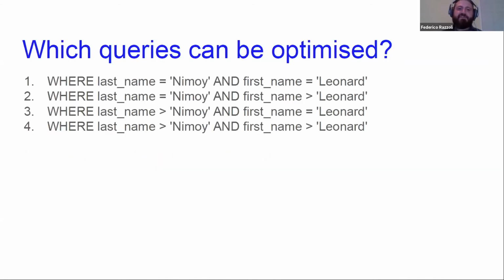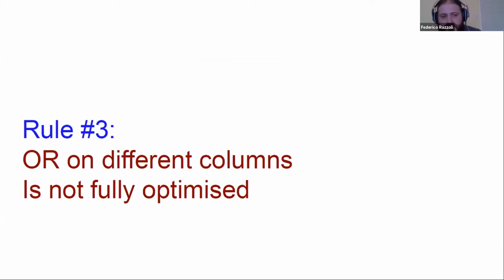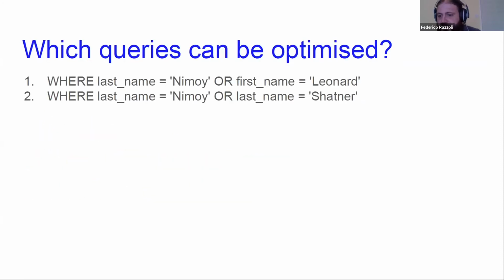So let's proceed. This is the last set of queries, don't worry, but it could probably be the most tricky. Sorry, there is a question. To optimize one, in this slide, I guess, you would need another index on first name? No, actually, the answer is not really straightforward because it depends. It depends on data distribution.